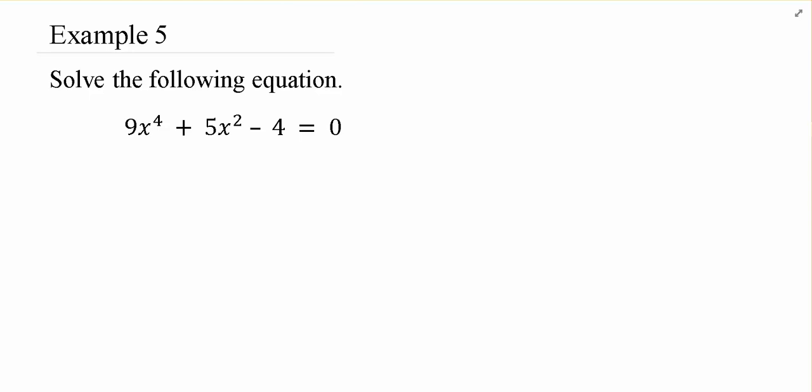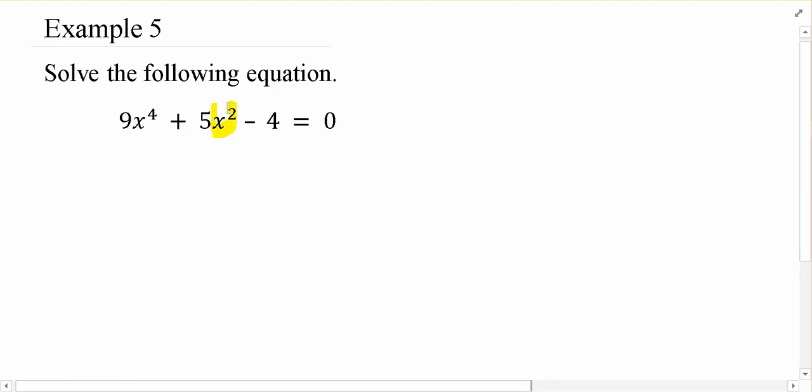Now we're going to shift gears into our u-substitution portion of this lesson. What we're looking at now is an example that has an x to the fourth in it, and so we know we're going to expect 4 answers. Now the clue that this is a u-substitution type problem is when we look at what the variable is